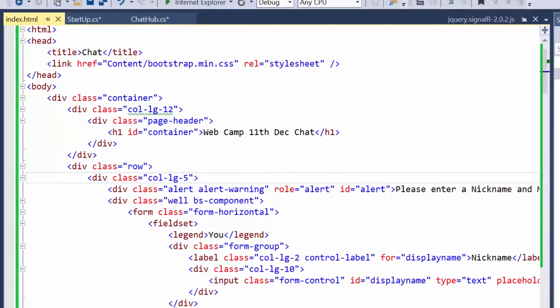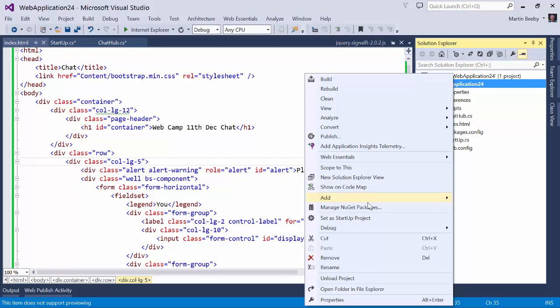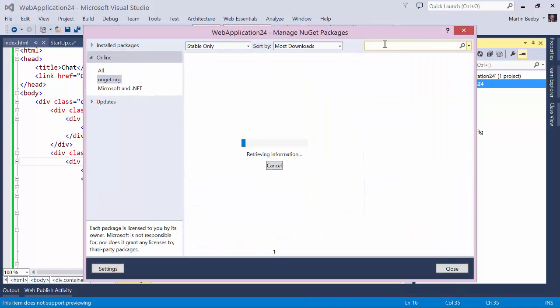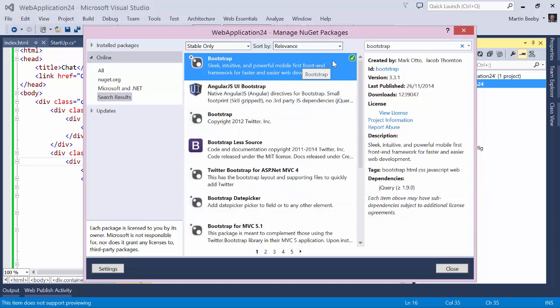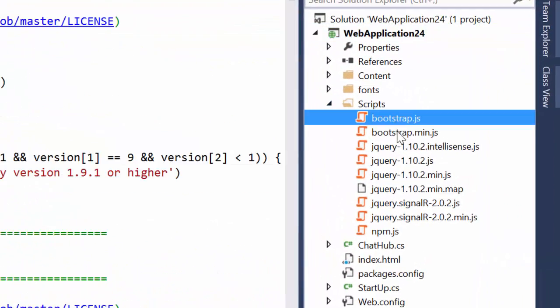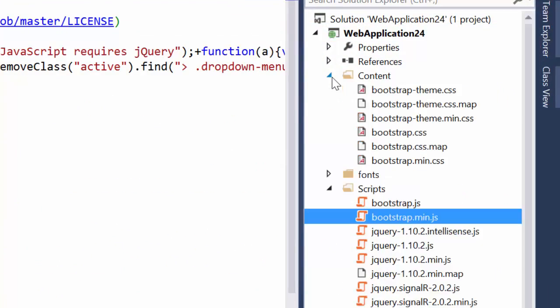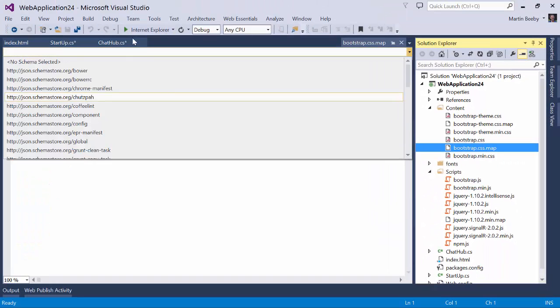I actually don't have Bootstrap added to my project, so I'm just going to add it via NuGet. Okay, so then I can go to install Bootstrap. It adds the required Bootstrap files, bootstrap.js, and then there should be in the contents of Bootstrap the theme and the CSS. And then when I run this thing up,